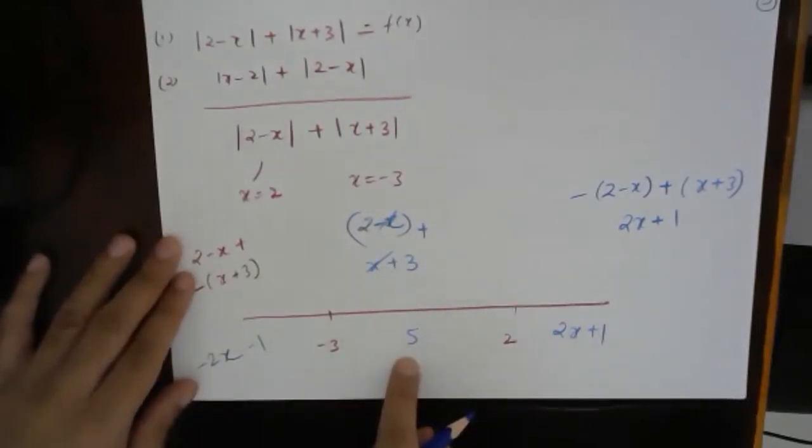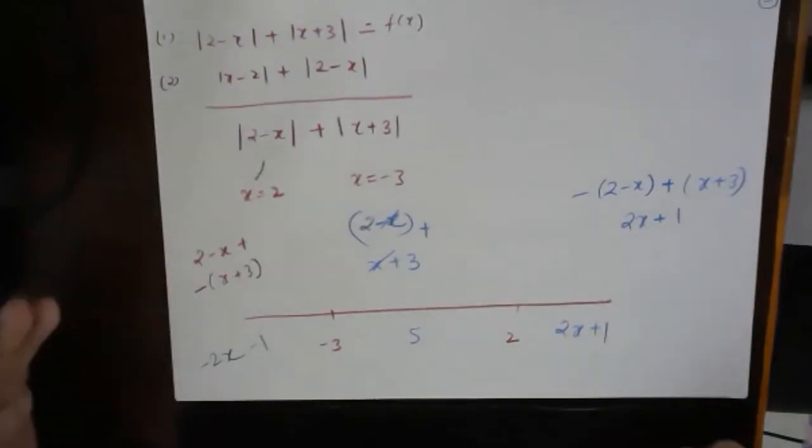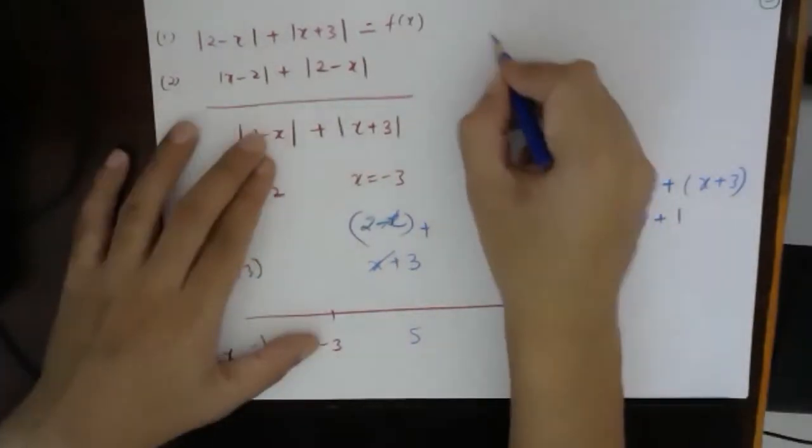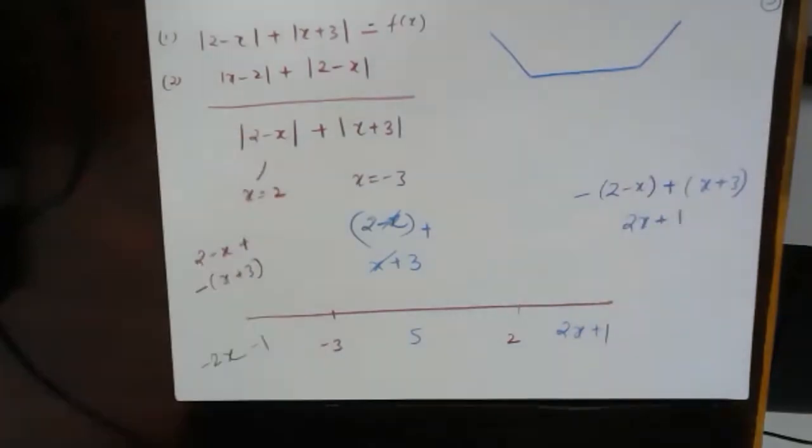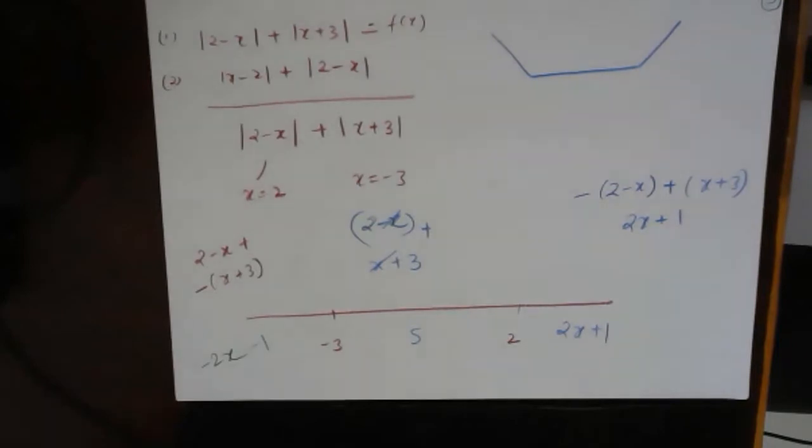Between this, I have to draw a constant function. After this, I have to draw 2x plus 1. So I think again the function will become something like this, cup shape. I will call this a cup shape, or a cone or a tub shape, or bucket shape. Understood? Fine. Yes, very good.